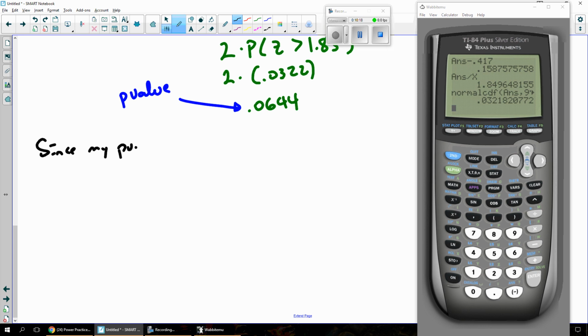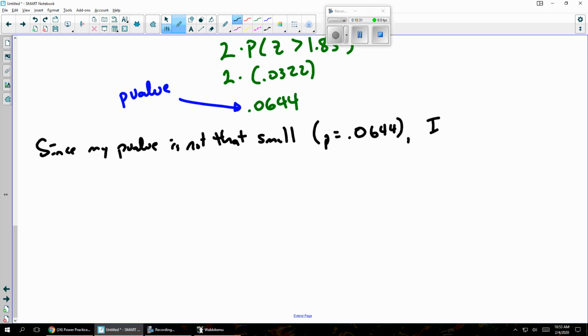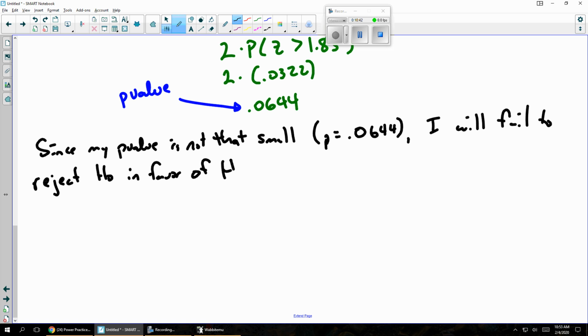Since my p-value is not that small, and then I'm going to tell you what it is in case somebody else has a different idea of what small is, I will fail to reject H0 in favor of HA. Now, if we had been given an alpha level, we would compare that p-value to the alpha level. But I wasn't given an alpha level, so I'm just going to use my own brain and decide that's not that small. So I'm going to fail to reject H0 in favor of HA,